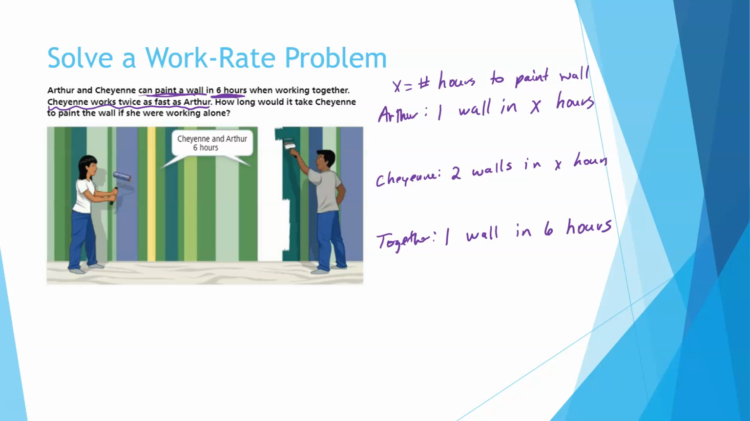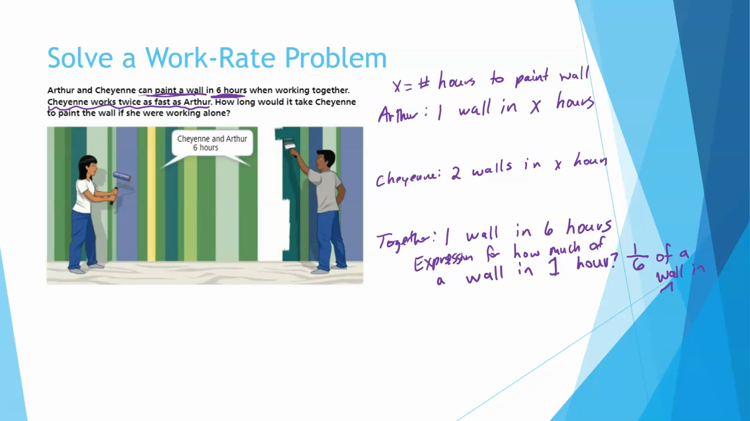But if I want to write an equation or an expression for how much of a wall they can paint in 1 hour together, well, if they paint 1 wall in 6 hours, then they actually can paint 1/6 of a wall